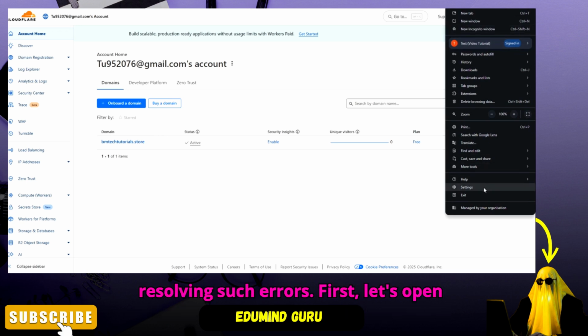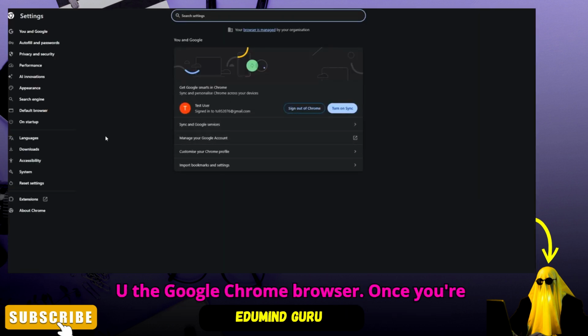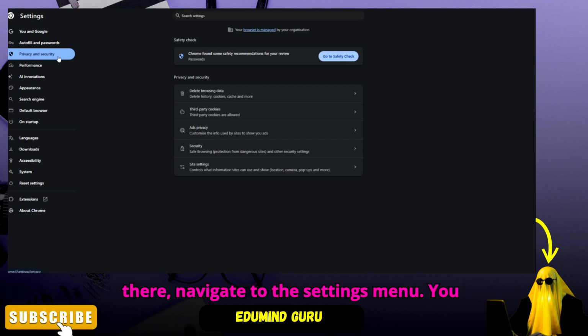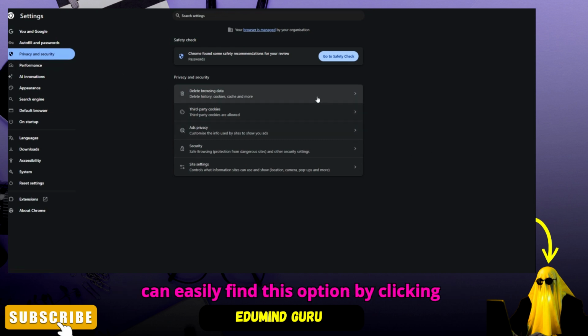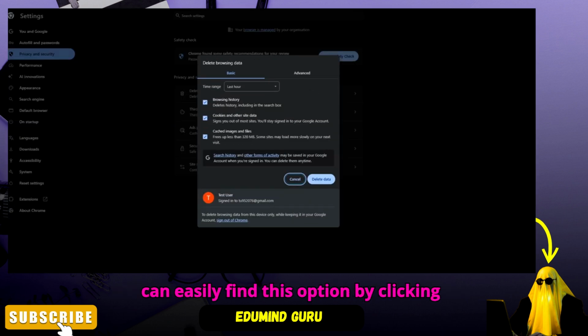resolving such errors. First, let's open up the Google Chrome browser. Once you're there, navigate to the Settings menu. You can easily find this option by clicking on the three vertical dots located at the top right corner of your browser window. Click on these dots, and from the drop-down menu, find and select Settings. This will open a new tab where you'll see a whole range of options to customize and control your browser